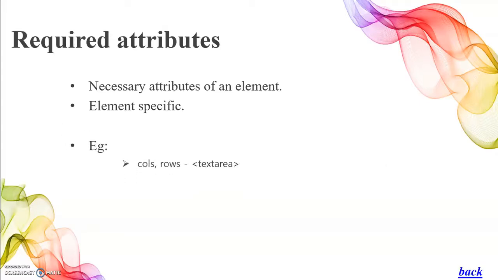Examples: cols, rows. These attributes are specific to the textarea element. The for attribute is specific to the label. SRC is for the IMG element. These attributes are necessary for the following elements: